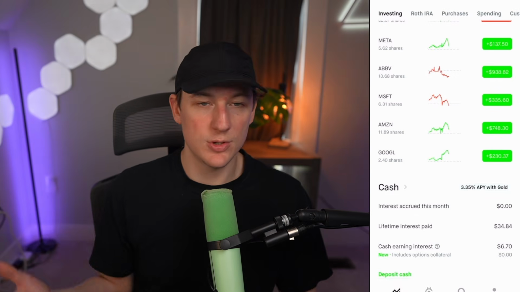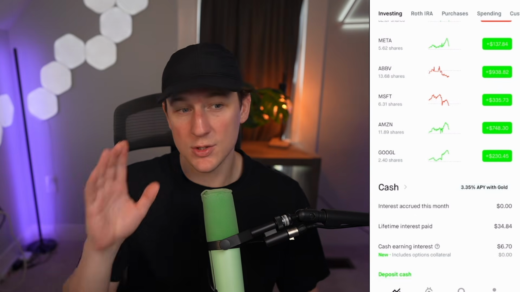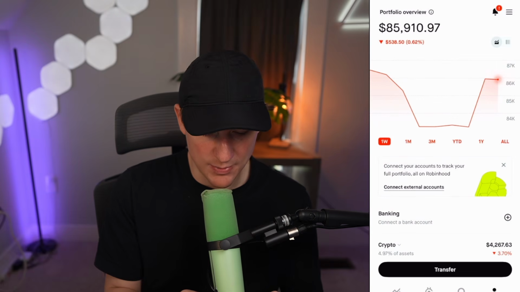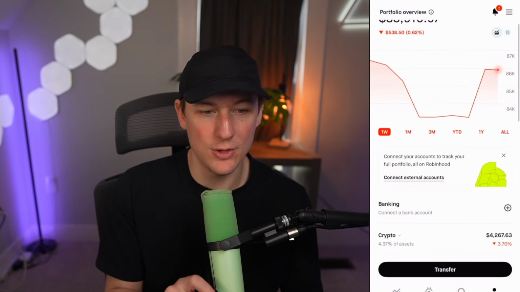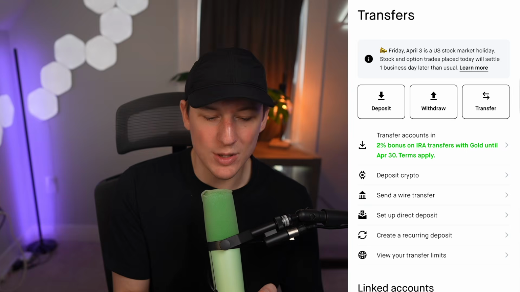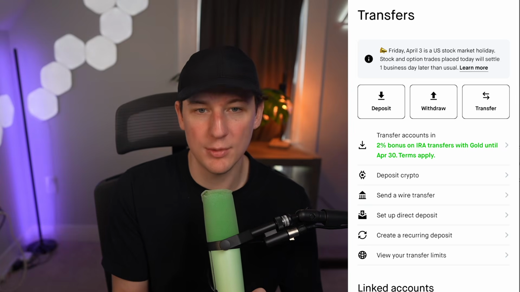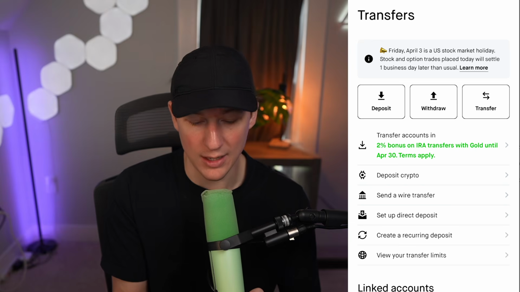Okay, so let's say you sold your stock and you want to get your money back into your bank. It's really straightforward. In the very bottom right, there's a little profile of a guy. You can click on that, and then it takes you to this page here. Now, when you click on the transfer button down at the bottom, you could select withdraw, which is right in the middle of the screen, and then it's going to prompt you to ask how much you are withdrawing